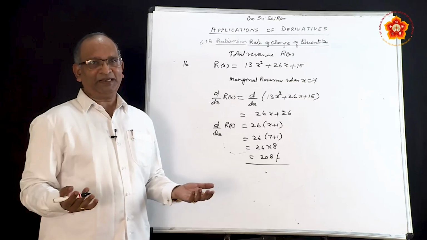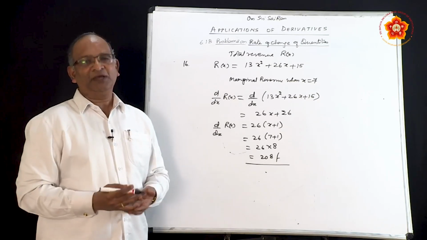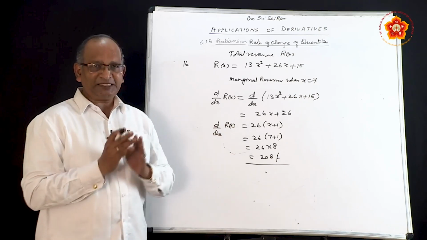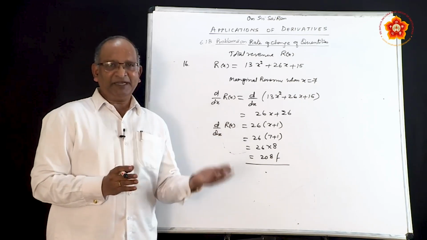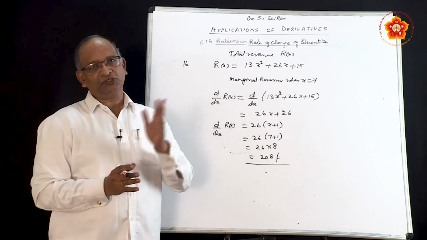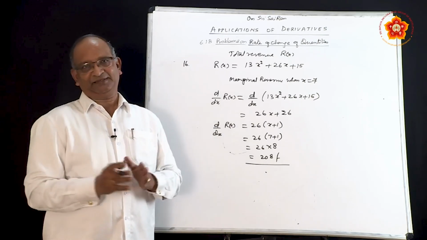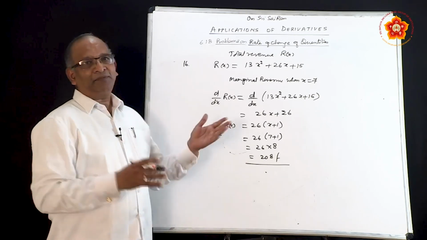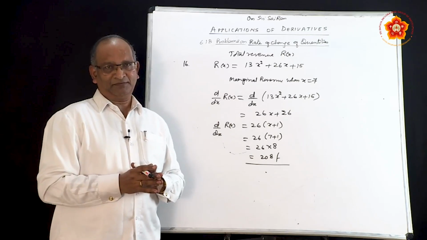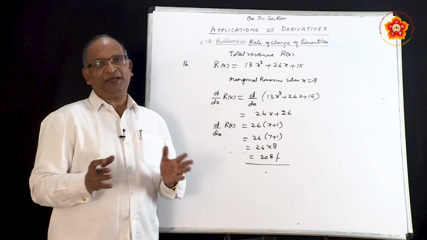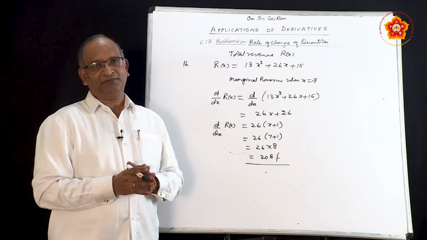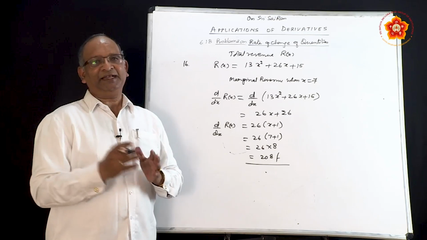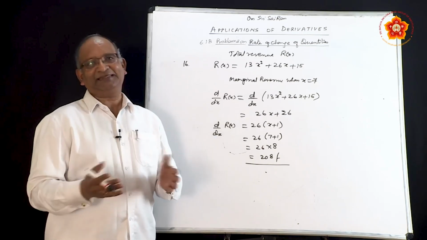When you sell more items, the revenue is going to be more. When you are selling fewer items, the revenue is going to be less. So in this particular manner, the derivatives which we have studied are also applicable in business, either to find out total revenue or problems related to that. So with this, we come to a close of this subtopic called rate of change. We will continue the second topic tomorrow or in the next session.